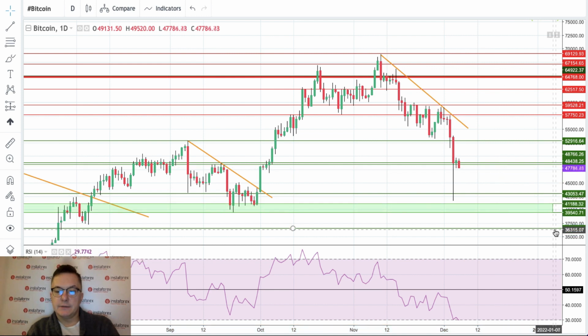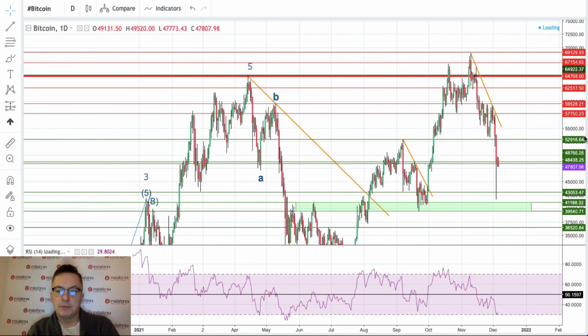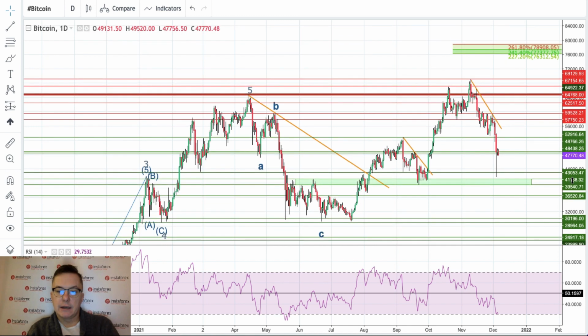This demand zone is between 39,540 and 41,188. Very big spike here, which means that this time we might be doing something like a